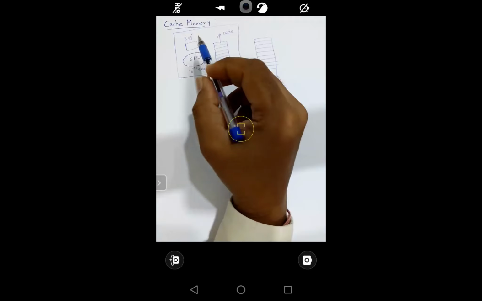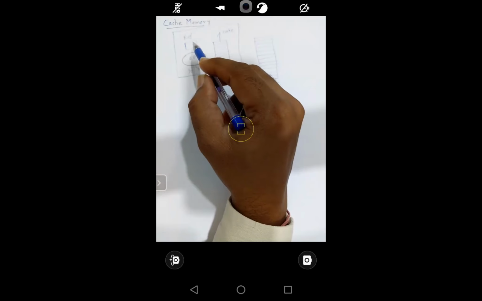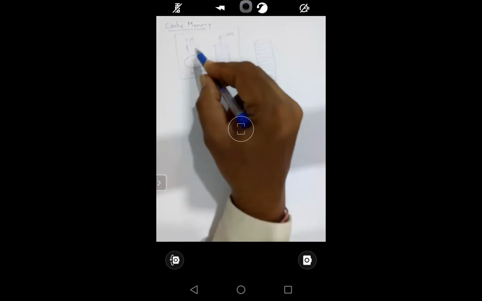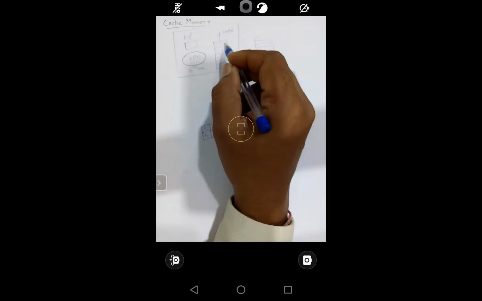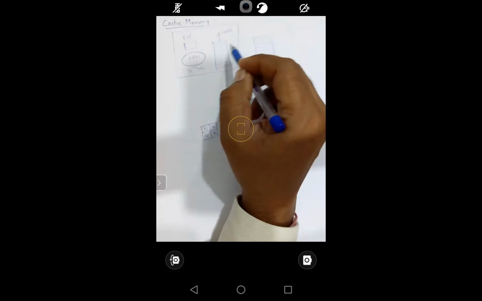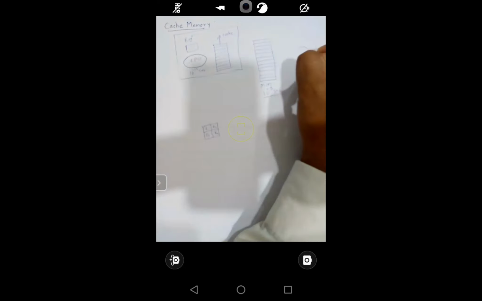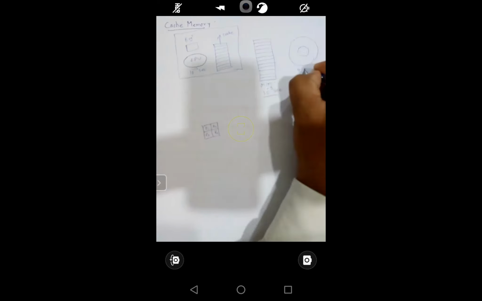So we have seen there are multiple levels, like register. Register is working at very high speed. Again, there is another level, that is a cache. So the cache speed is comparatively less. Again, if you compare with the cache, the main memory RAM has a lower speed than the cache, and again from main memory to the hard disk. So here is the hard disk, or we can say secondary storage.